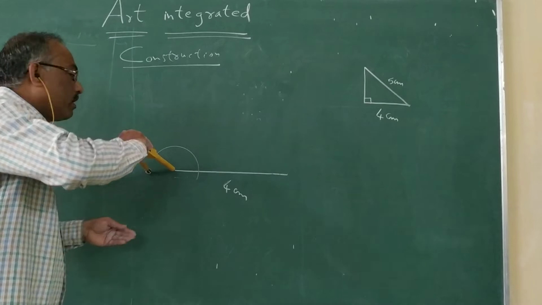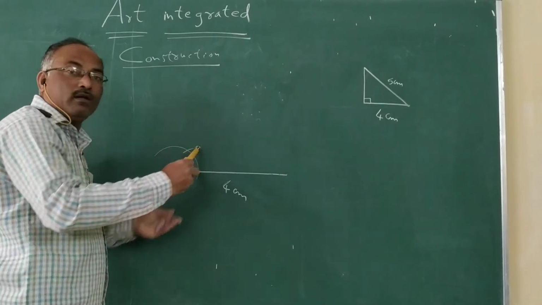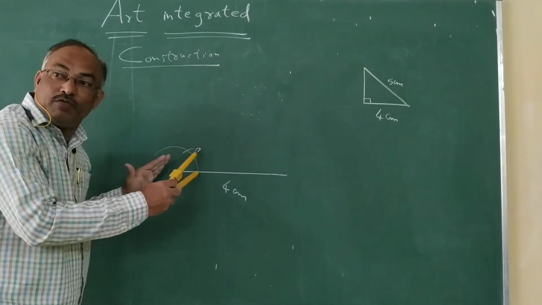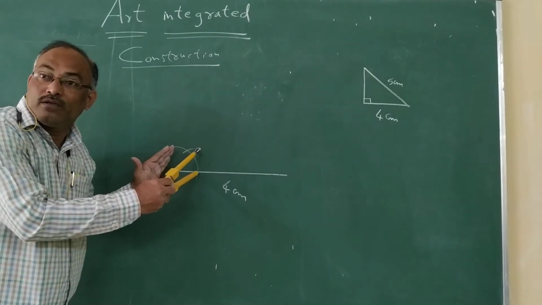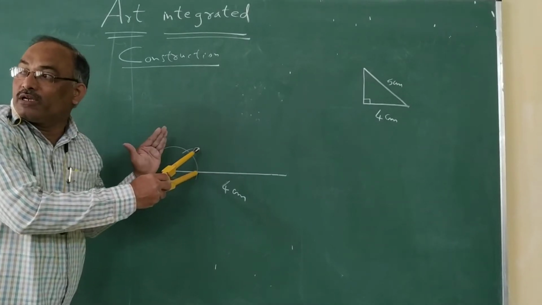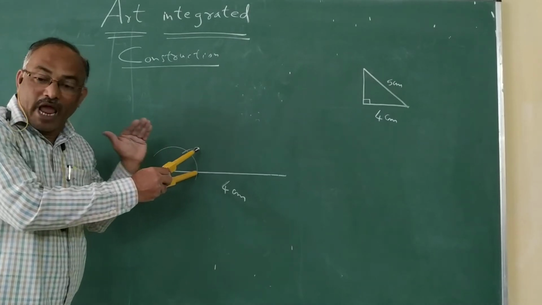Okay? Yes, sir. And same distance if you cut off, what will you get? Intersection point. If I draw a ray at this arc intersection, which angle will you get? Acute angle, measure less than 90 degrees.